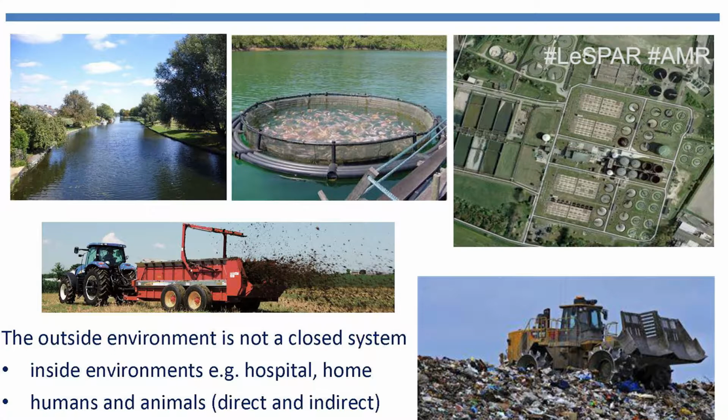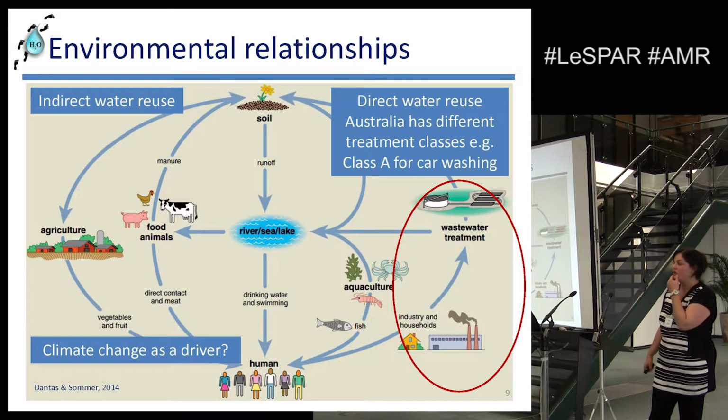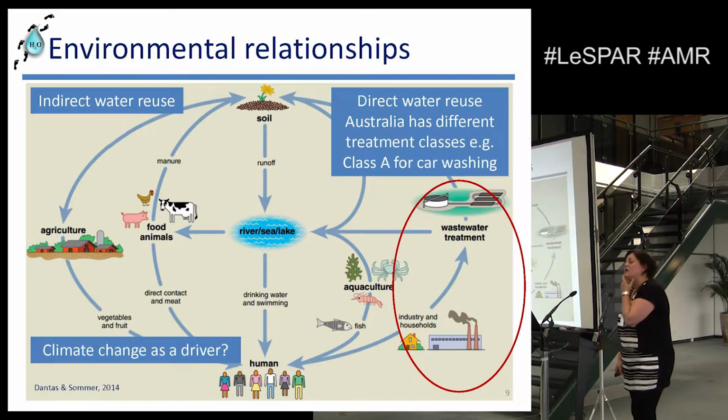And it's clear that if you're talking about an outside environment, defining the boundary is not easy, because they are not closed systems. They can be linked in with inside, with humans and animals, indeed the manufacturing process, or other outside environments. And Dov gave an example of this, when you start looking at environmental relationships. There's a lot of work looking at this at the moment because it helps to identify the boundaries and how things are actually selected and transferred within a system or between systems.